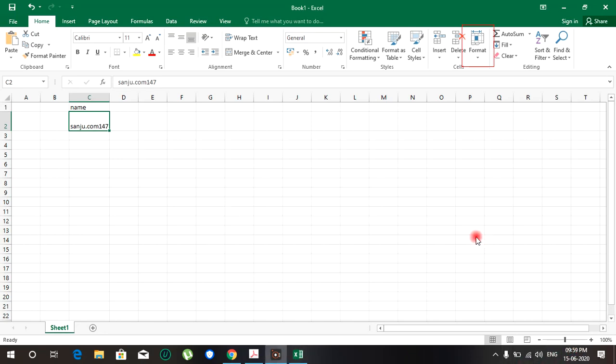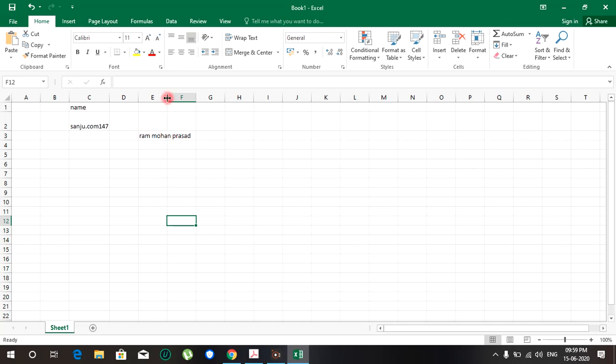Now we are going to set the height and width with the mouse. This means we can change the width and height with the help of the mouse also. See, another example I am going to show you. If you write here Ram Mohan Prasad. First of all I am going to show you how to set the width with the help of the mouse.